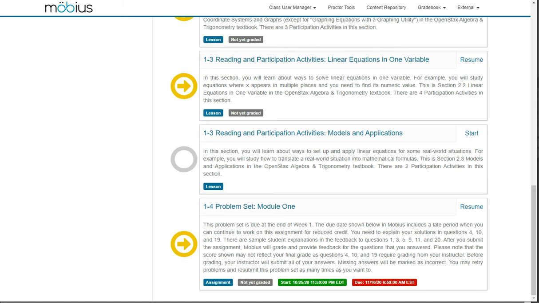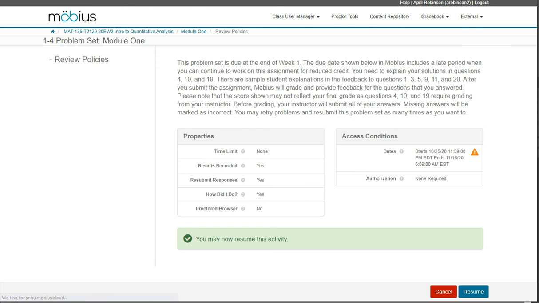And like I said in my announcement, this is only the third term we've used Mobius, but most students usually get 100% on all that. When you get to Module 1, and I forgot to show that to you. Oh, no, here it is. Read this carefully. It talks about it, and it says right here,